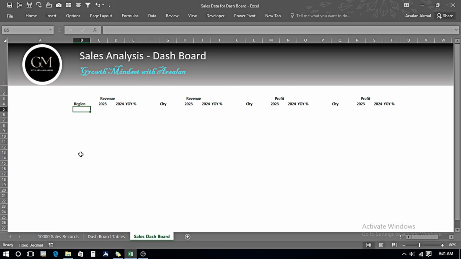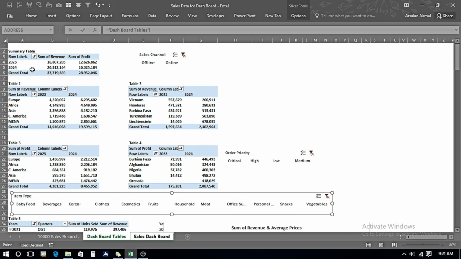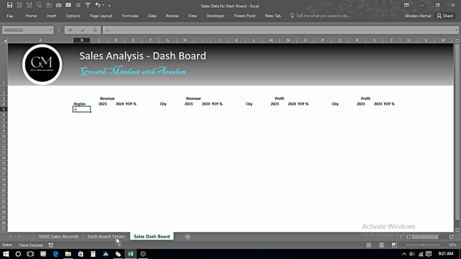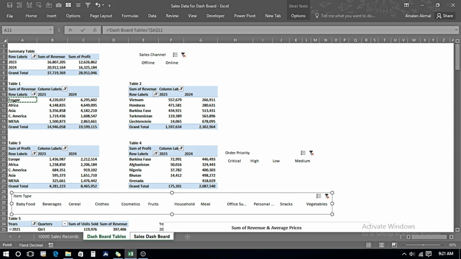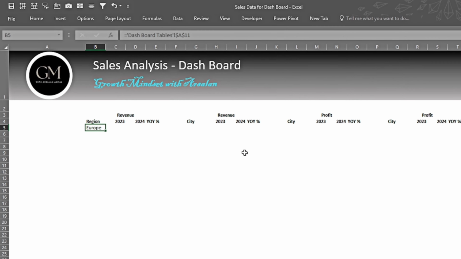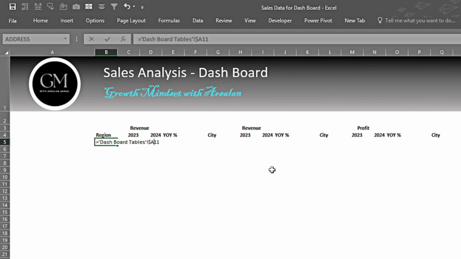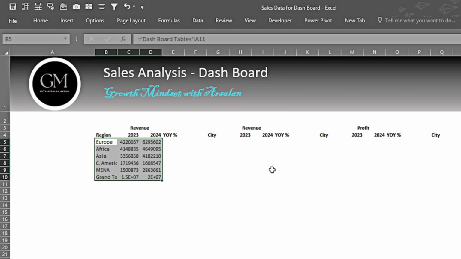The first table is the table 1. I will go in Dashboard table and start bringing in the data from here. This first table is table 1 in Dashboard tables. So I just click and press Enter, and we have the first cell. I remove the fixing of the cell, copy and paste it like this, and I have the figures now. The year-on-year column is not over there, so we are going to make the year-on-year column from here, column D divided by column C minus 1. Press Enter, copy and paste it down, formatting the numbers.